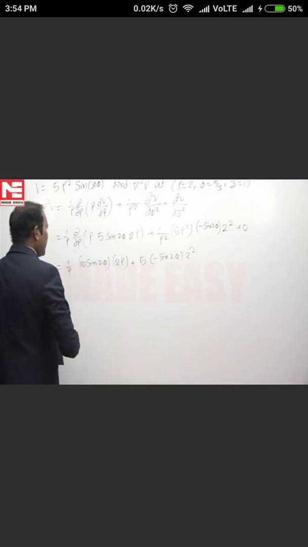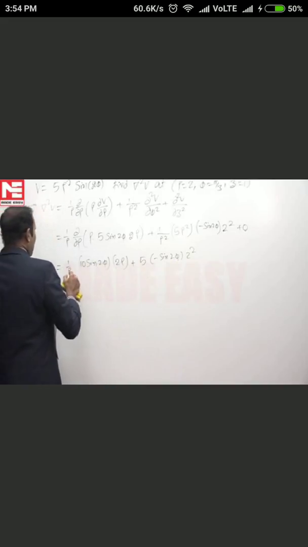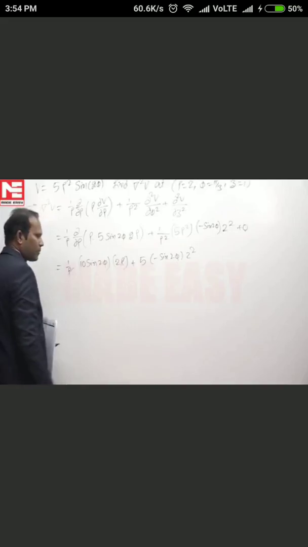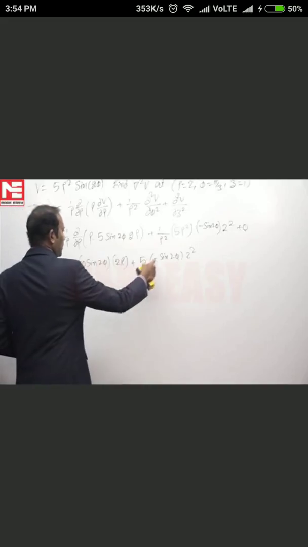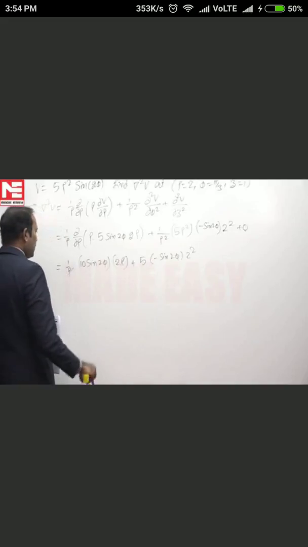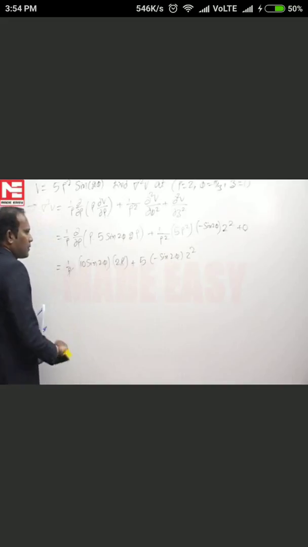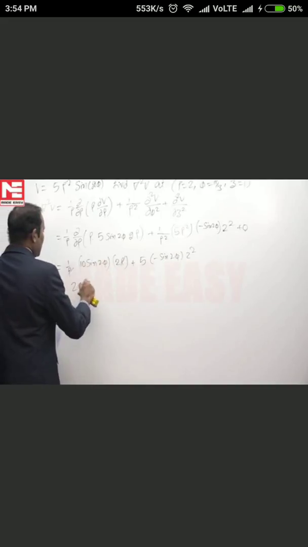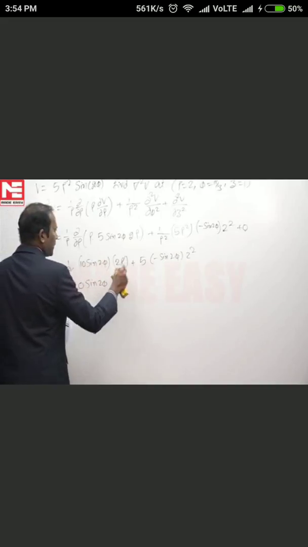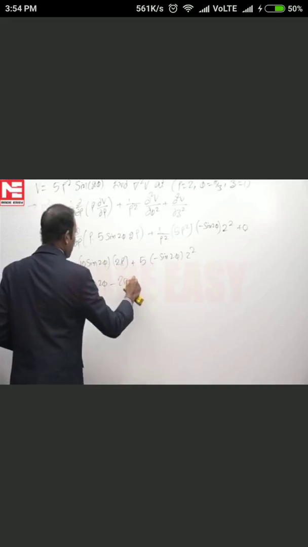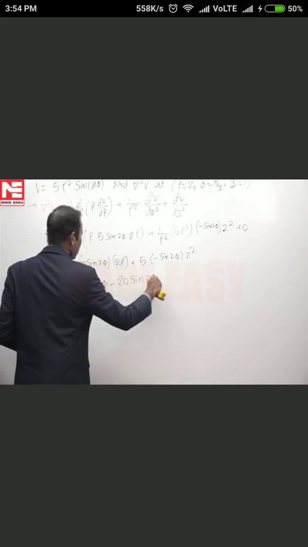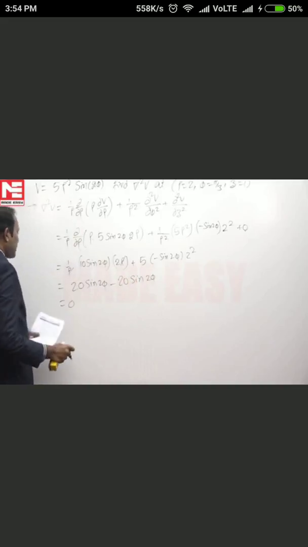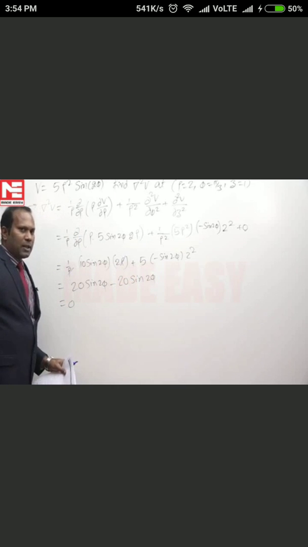If you see here, this cancels, and this is nothing but 5 into 4, 20, that is here also 20 is there, so 20 sin 2 pi minus 20 sin 2 pi. So your answer is 0. So option is